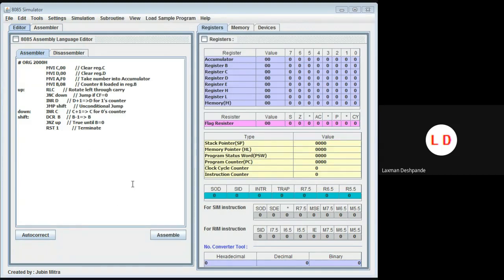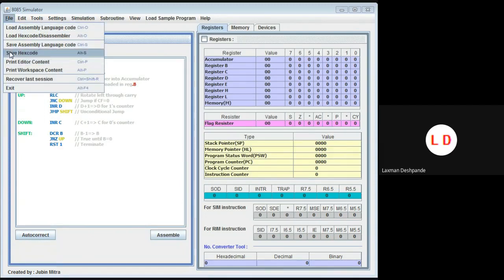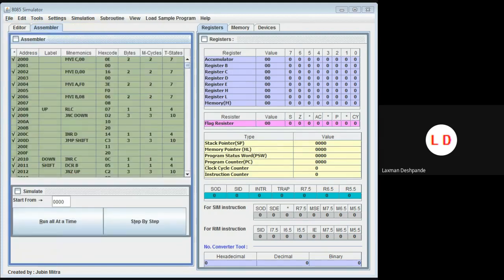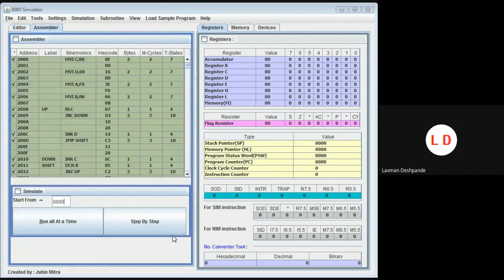Check the program and go for auto correction. Save the program. Now let us go for the assemble option. Now you can see that the program is there in the assembler workspace.